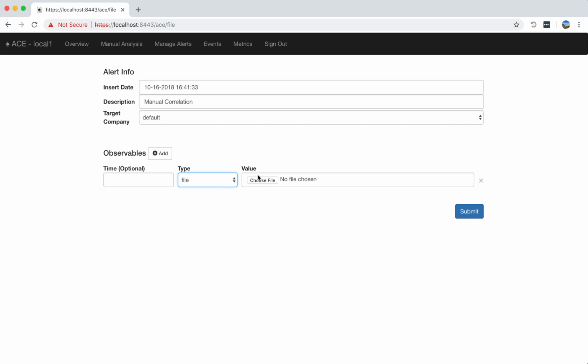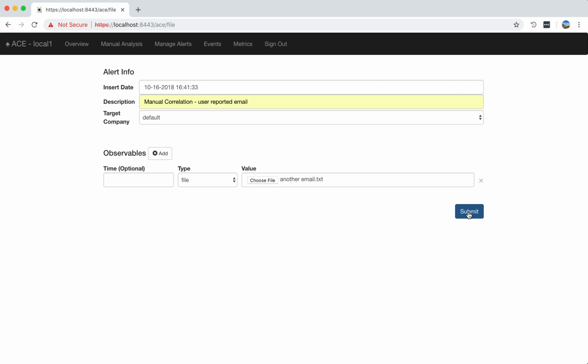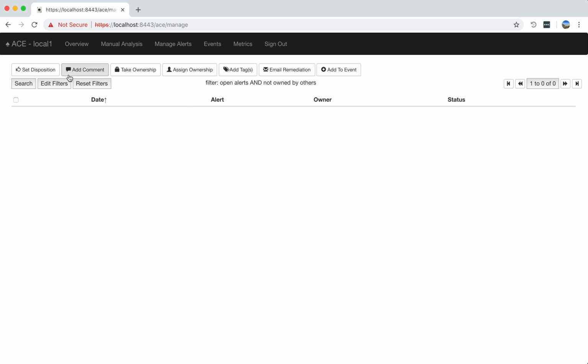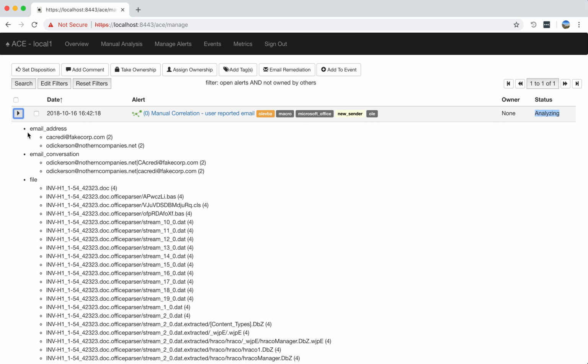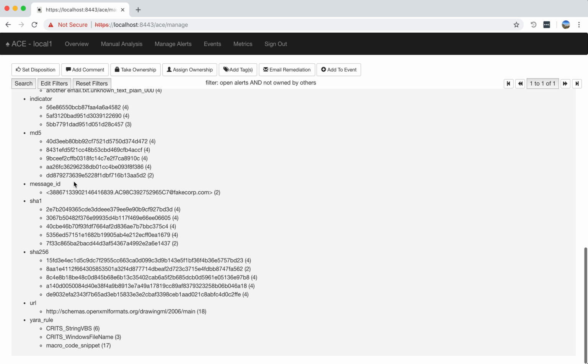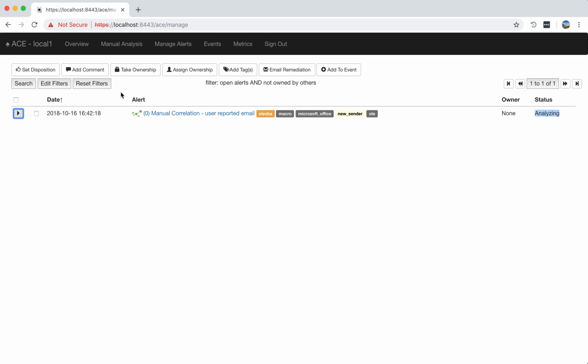Correlation and analysis. But let's just go with, say that a user reported an email to you and someone forwarded this email, and you want to check it out and see if it's bad or not. So another email. We'll upload that email file as a file, and ACE will get to work analyzing it. Notice that the status over here says analyzing. It won't take long for it to finish that. You notice ACE has already tagged a lot of these, and if you expand the observables, a lot of observables have already been pulled out of this email. But while that analysis is finishing,